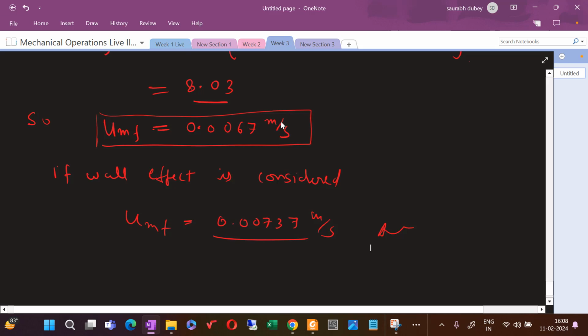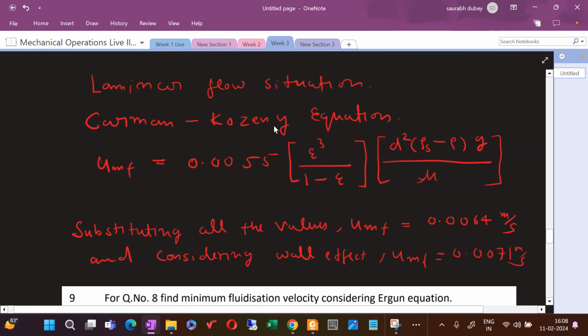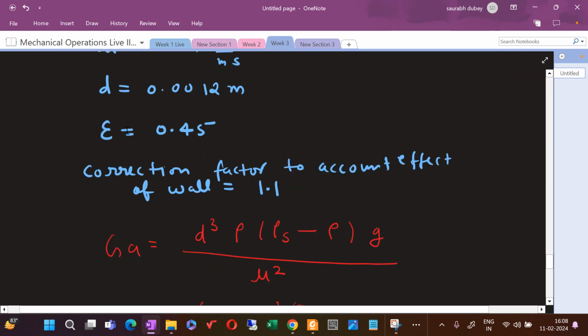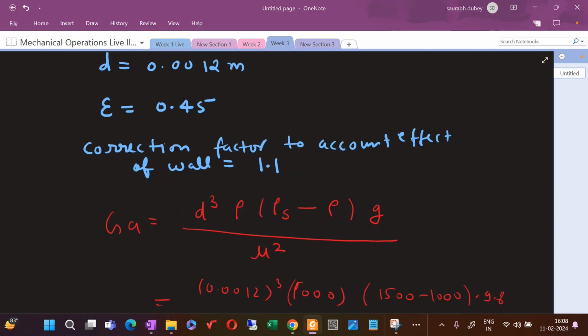Okay, so now you see how the value changes with the Carman-Kozeny and Ergun equation. So that is all about that question. And when you actually want me to explain how all that happens and how the derivation for the same equation is done,